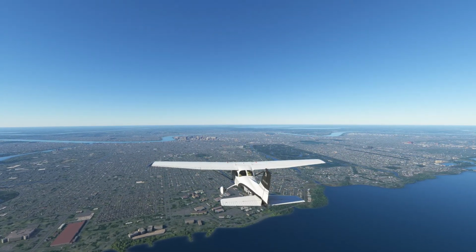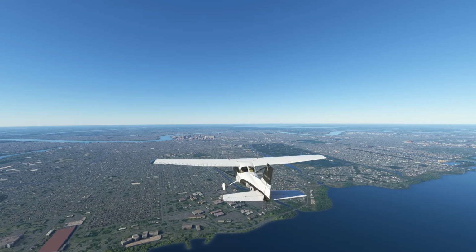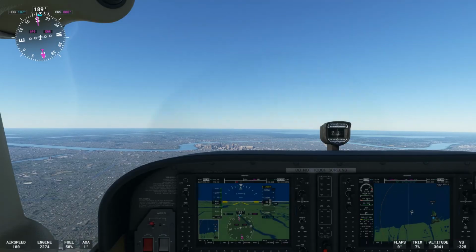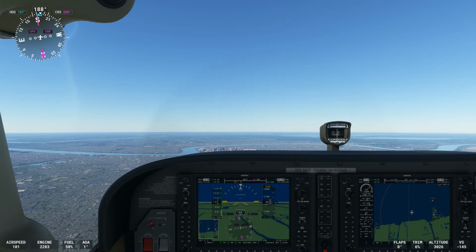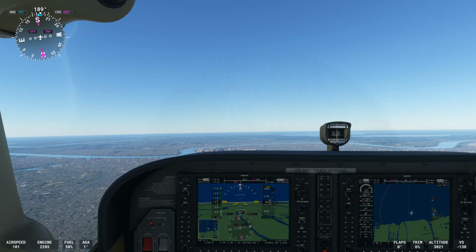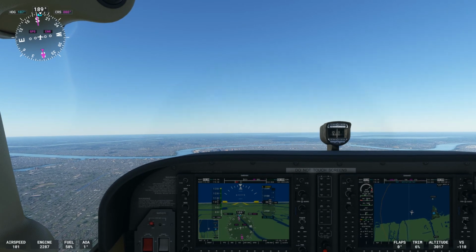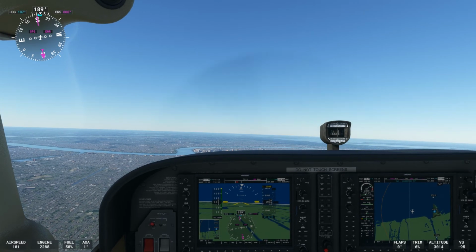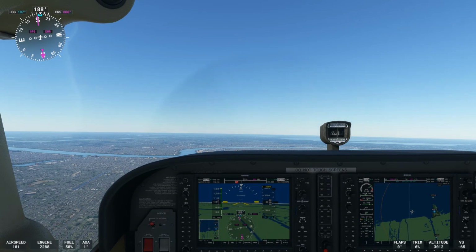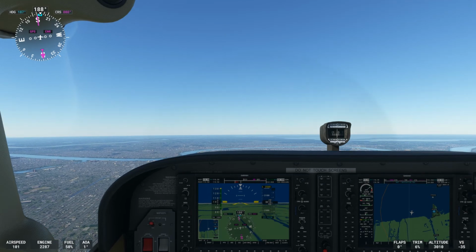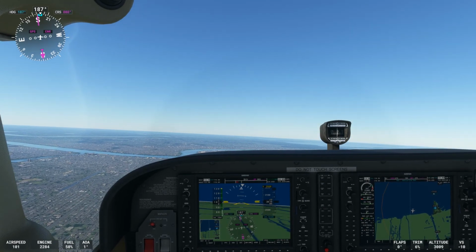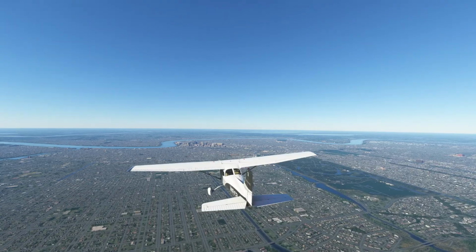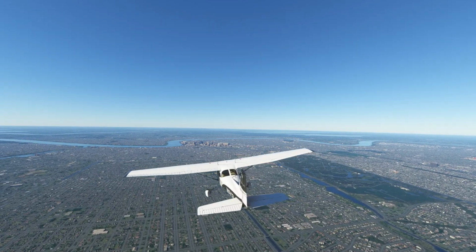reduce your angle of attack, add that full power, which it already should be in, and then we're going to begin building our airspeed back to that VY. As we're doing that, we can retract our flaps and continue our climb at VY speed to the next heading and the next altitude specified by your flight instructor or the check ride examiner. So that's it, guys, for this power on stall